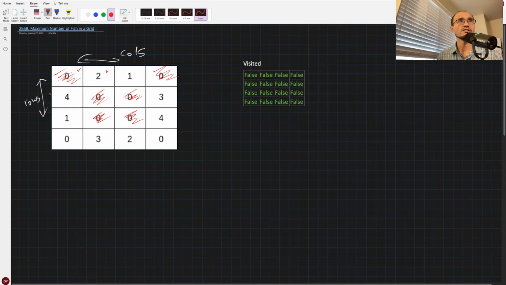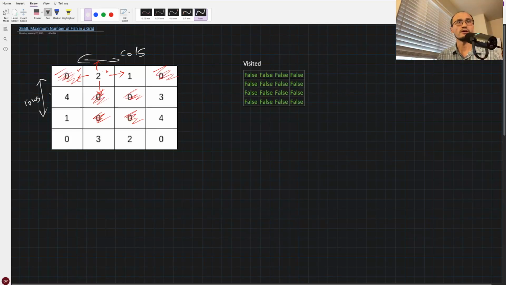For each, let's say this is one island, right? From this cell, right now this is 0, this is land. Then we go to the next one, because that's how we iterate the grid. From this cell, we check 4 directions, right? So we check left, right is already 0, which is land, down is land, up is outside the boundary of the grid, so we can do nothing in there. So for each island, right,